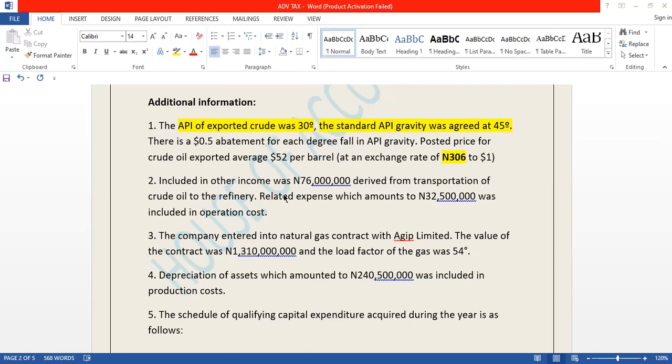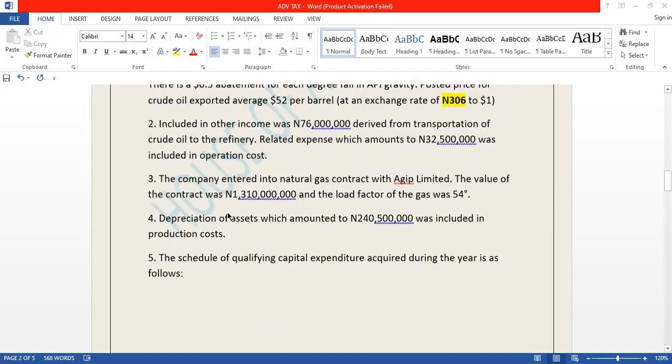So on this one, there's no calculation or workings. We just adjust it directly. Then the next one, the company entered into a natural gas contract with Agip Limited. And the value of the contract was this figure 1.3, and the load factor